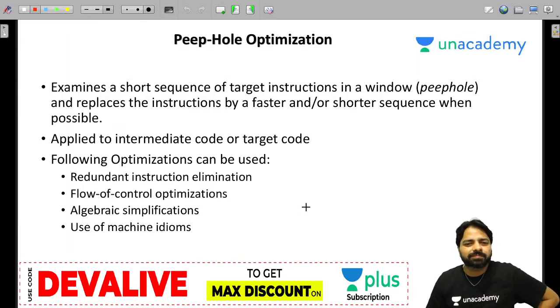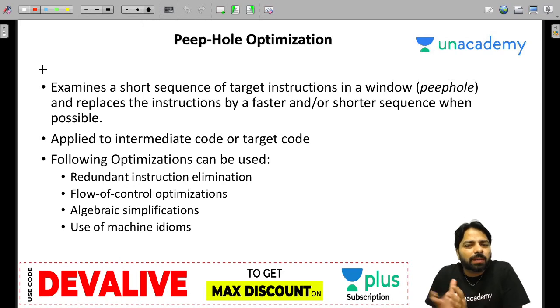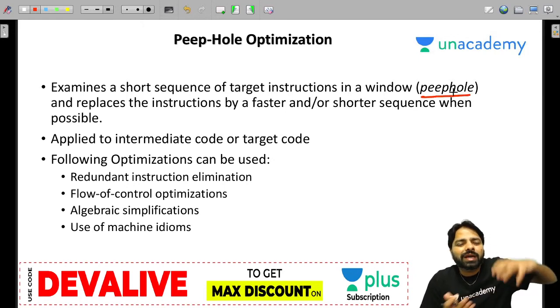Yeah. So there is something like peephole optimization, guys. What is peephole optimization? Like code optimization, you can also apply it on the target code, on assembly code. When you are applying on assembly code, you can't apply on the whole program at a time. So what you do is use a window, nothing but a peephole.